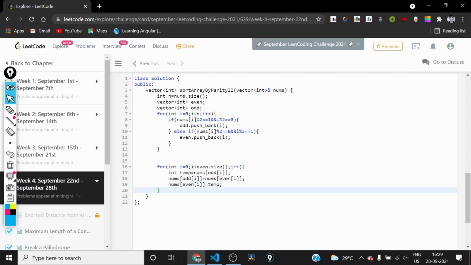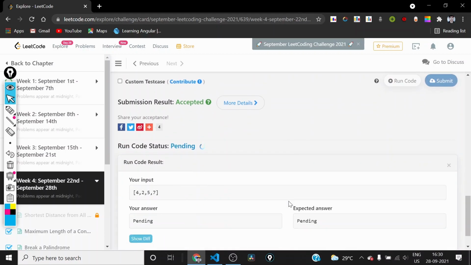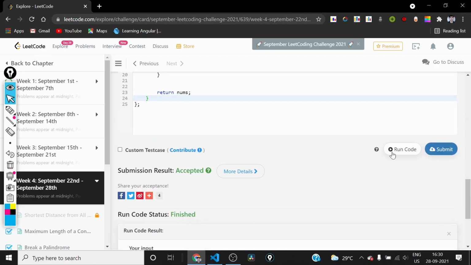So this will swap the two variables for us. So in the end, we can return the nums vector, because that has been sorted in place. So we can try to run it on the sample test cases to check for compilation errors. So it is working, we can submit it.